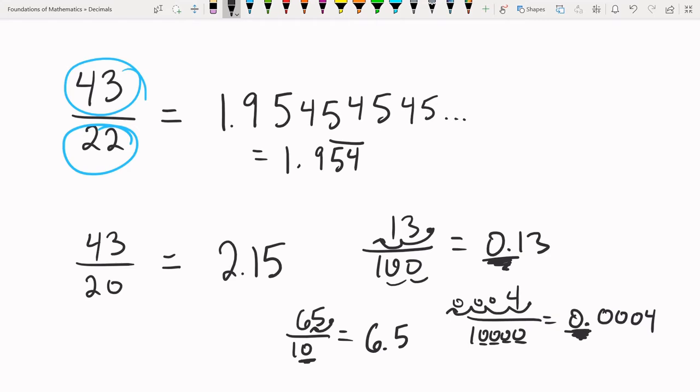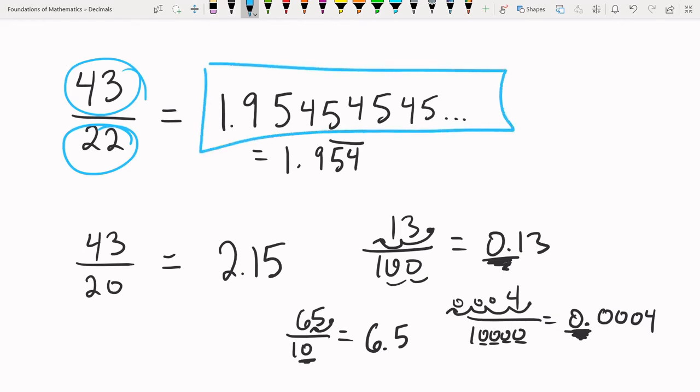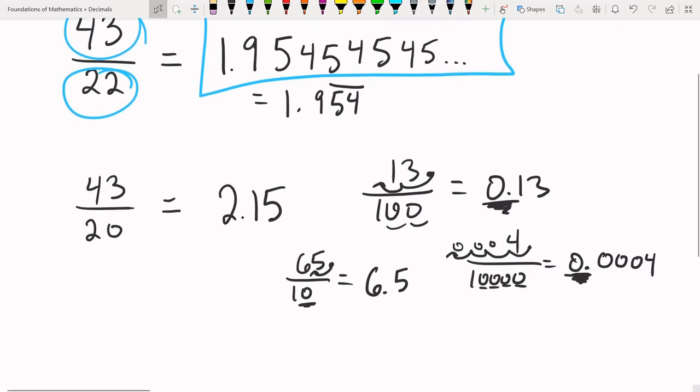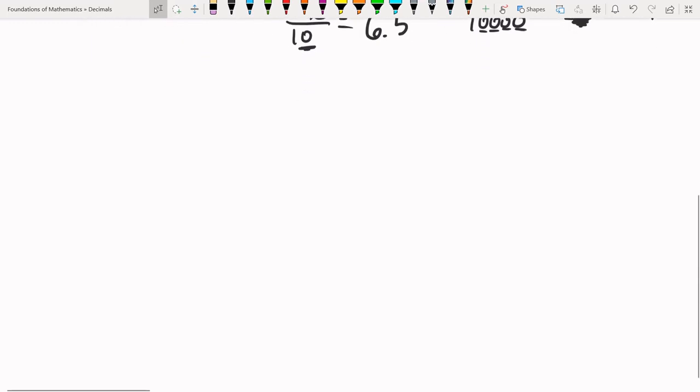Now, to convert from a decimal to a fraction, this is typically easy to do when you have a terminating decimal. When you have a repeating decimal like this top one here, this is a little bit harder. It's more involved. So we're not going to worry about that right now. But for a terminating decimal, it's not too hard to do. There are a couple steps we have to do. So for instance, let's say we had